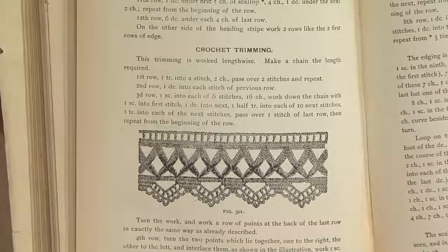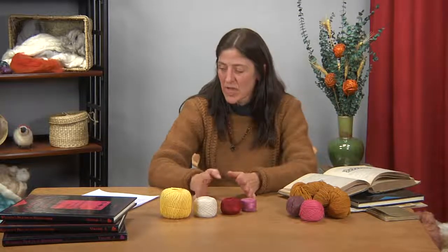It's very interesting to think about the hook sizes when you're looking at these vintage patterns. For many crochet patterns in the late 19th century and into the early 20th century, British notation was used for both the hook sizes and the terminology. So when you're looking at an old pattern, an aluminum old UK hook size 13, for example, would translate into a contemporary American size 1. And for steel crochet hooks, the old UK hook size 5 would convert into a contemporary size 5